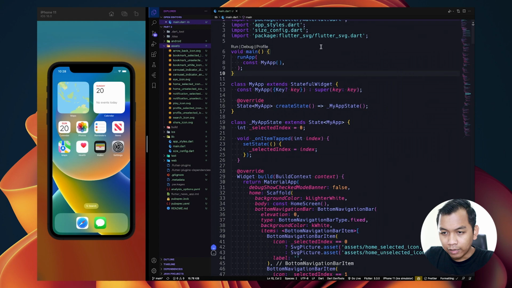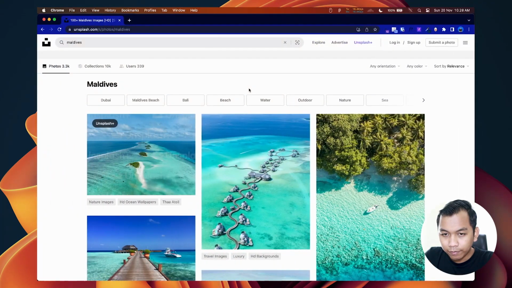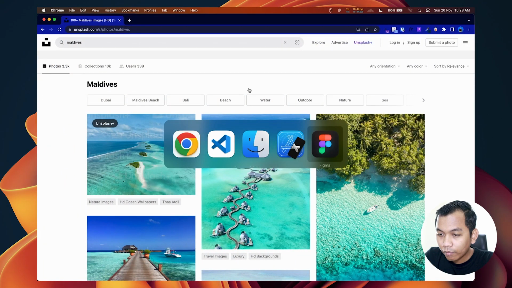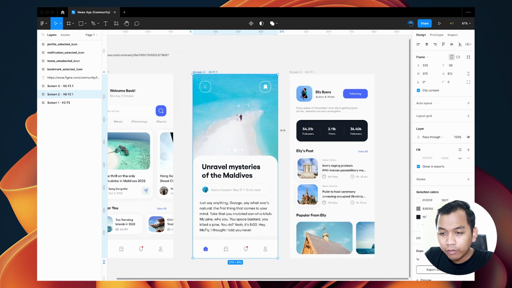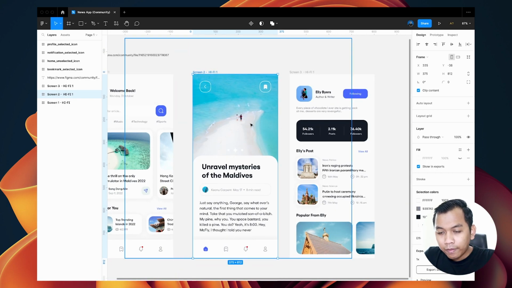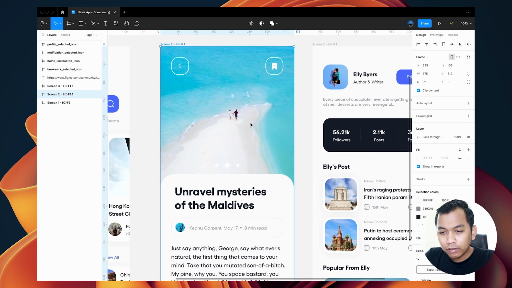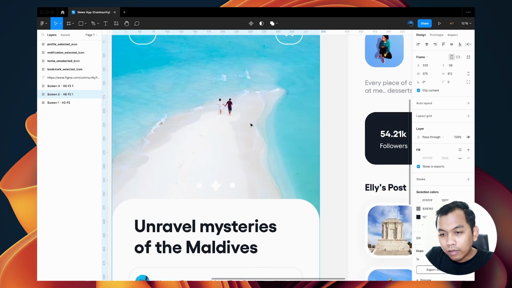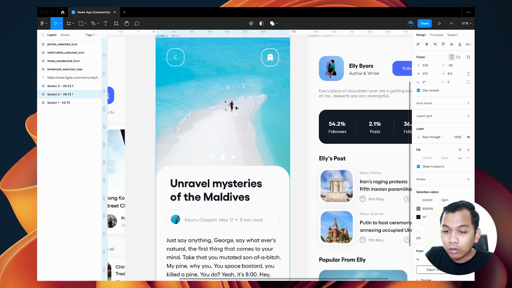And let's go to Figma again. As we can see, on the top we will have something like an image carousel, so we need to find a package or dependency to handle this image carousel.